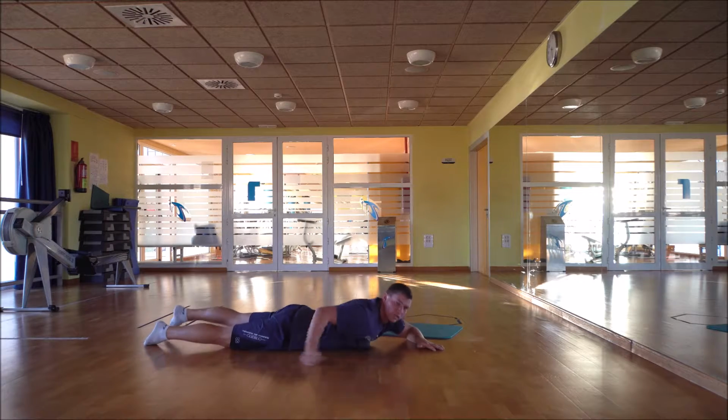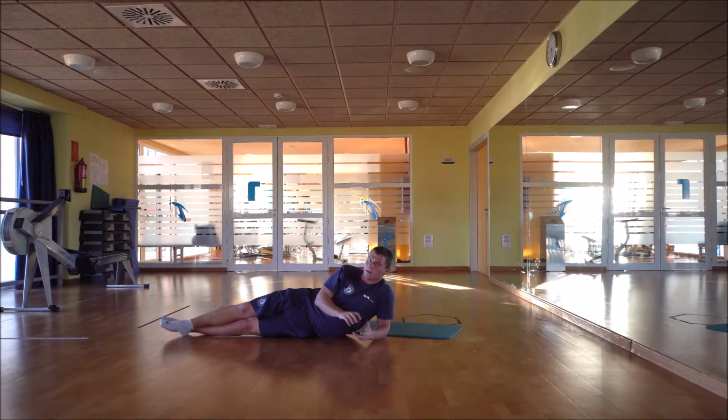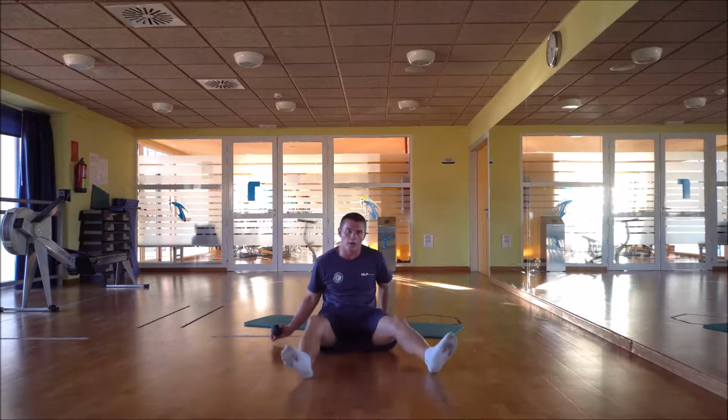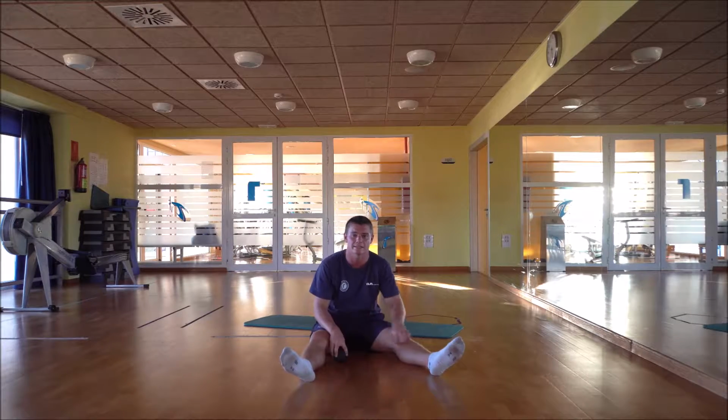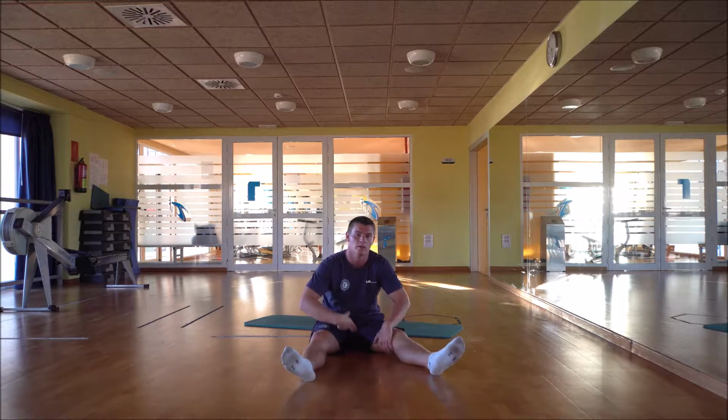release tension. Also, always incorporate some deep breathing when you're doing myofascial release, because otherwise you're not going to get the benefit you want out of it. If you're working against the ball, you're really going to melt into the ball and release the tissue through your deep